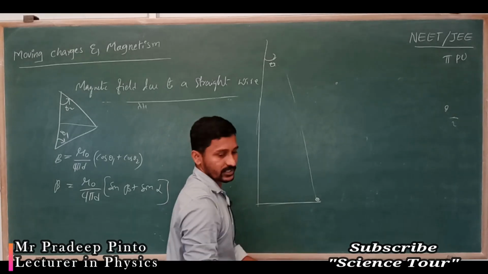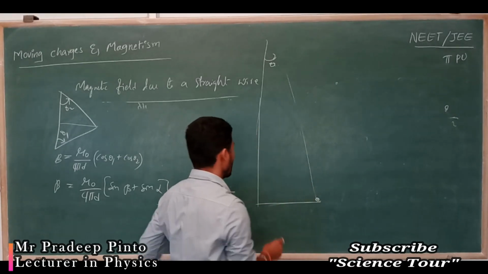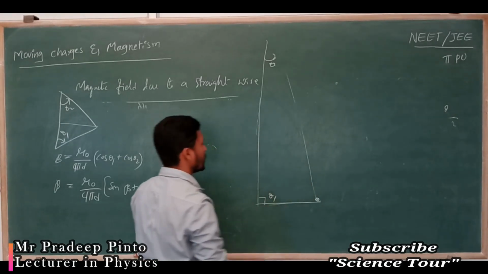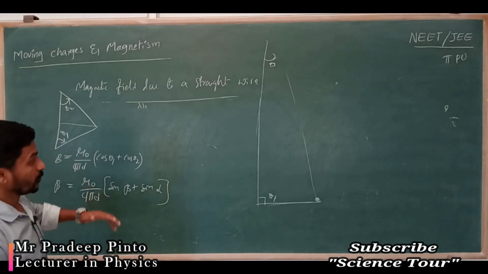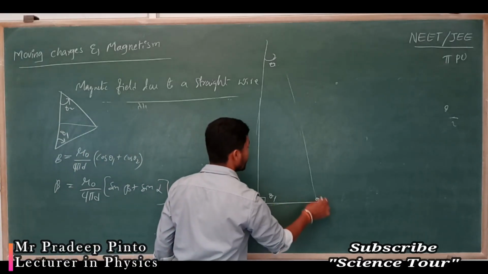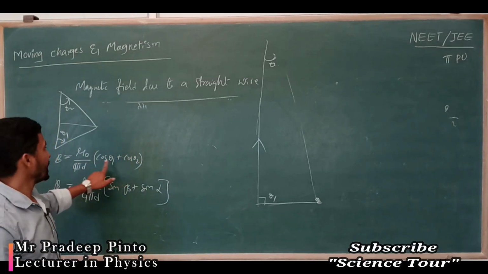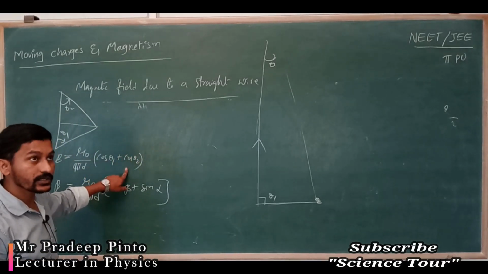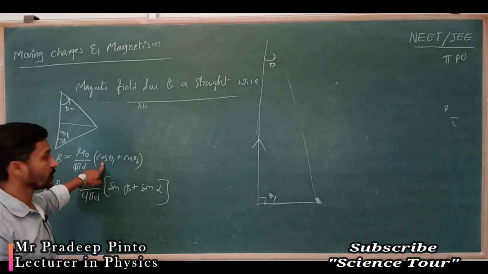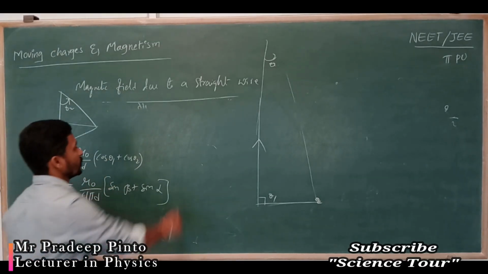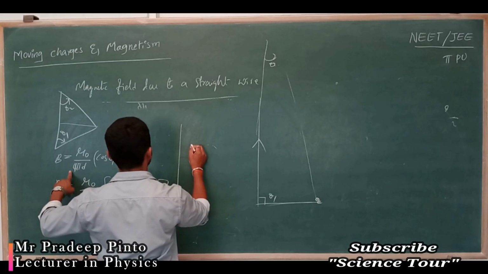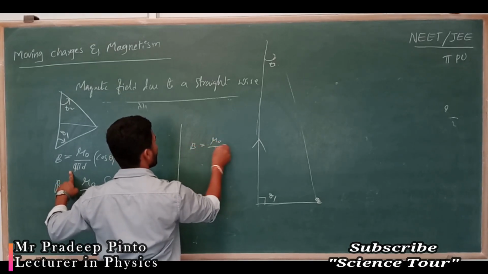It is going to coincide like this. But what is this theta 1? Theta 1 was 90 degrees, and suppose at the bottom here the current is moving in this way, means one angle is 0, one angle is 90 degrees. Cos 0 is nothing but 1, and cos 90 is 0, so 0 plus 1, 1 times. So at the bottom you can write B equal to mu naught divided by